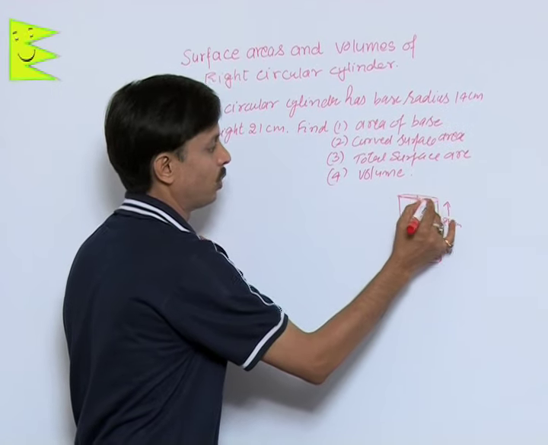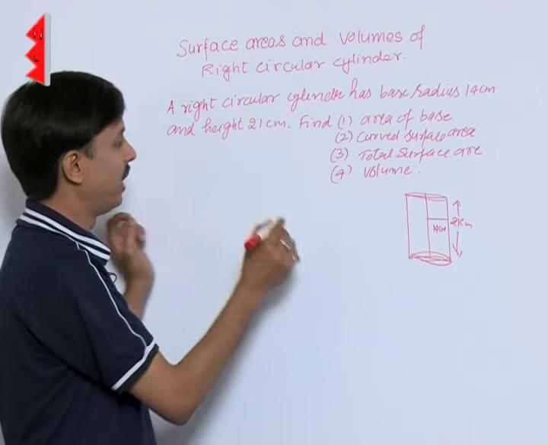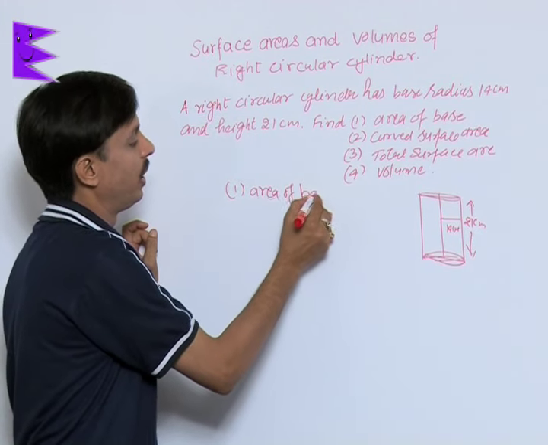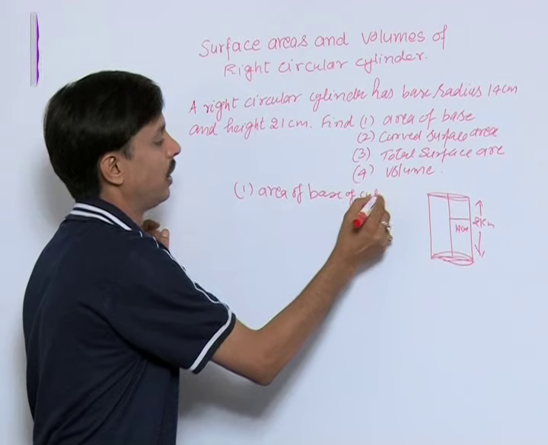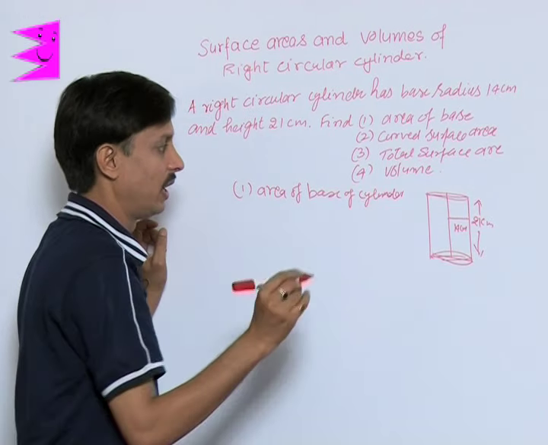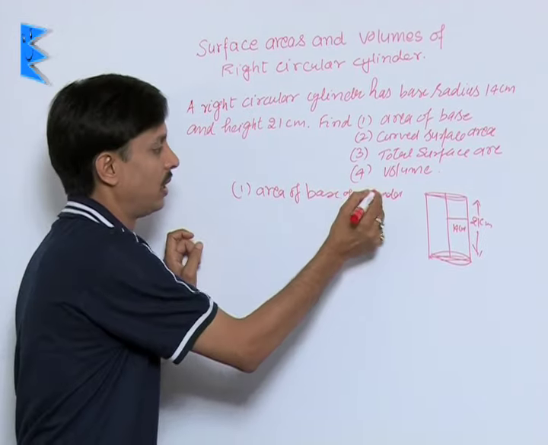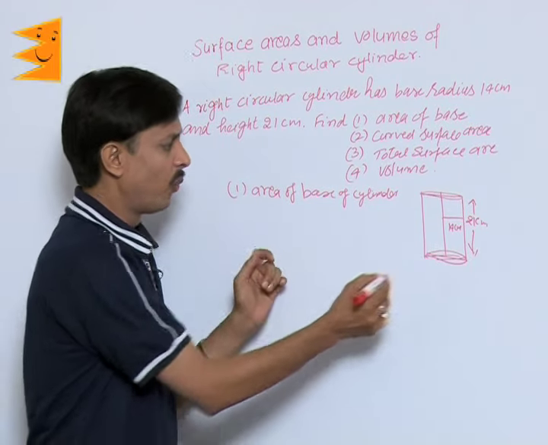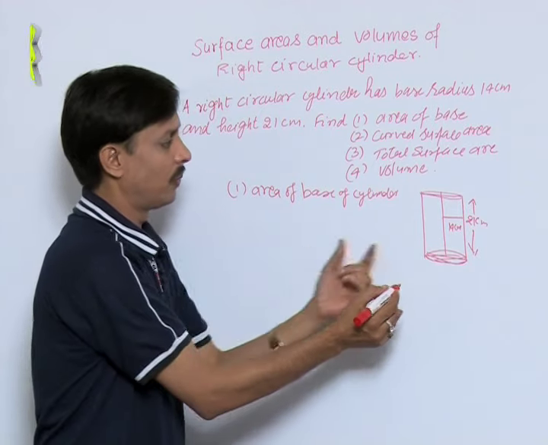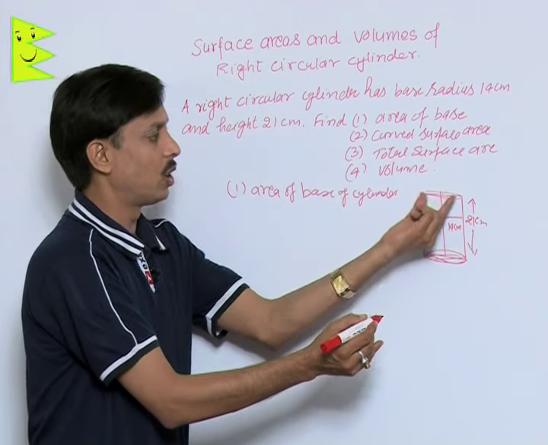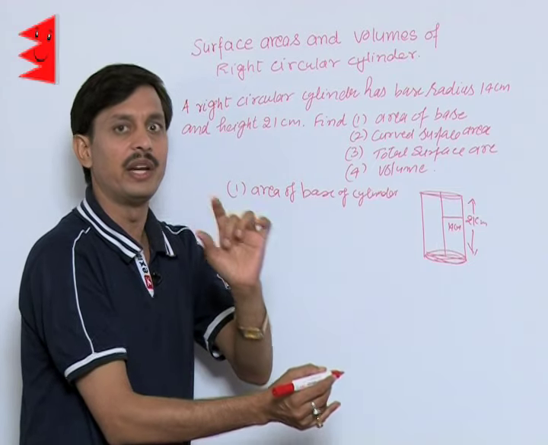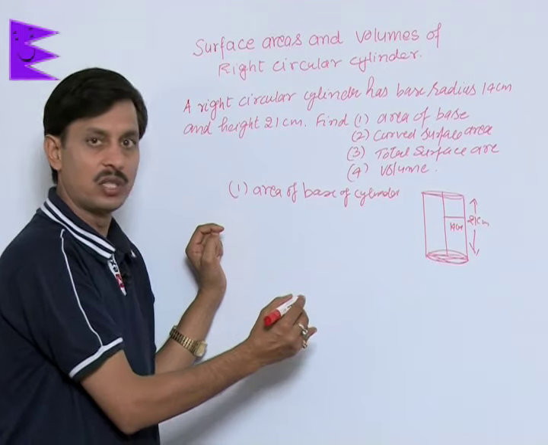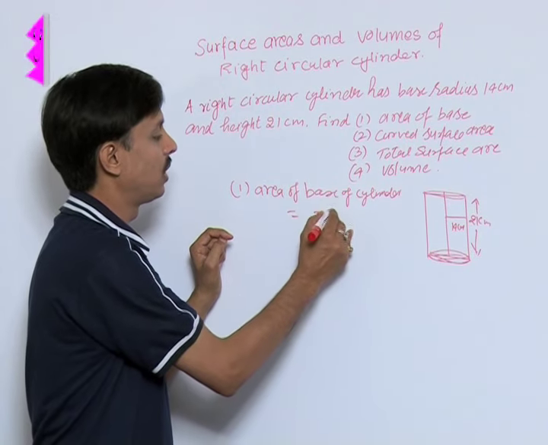The first thing we want to calculate is area of base. So first, area of base of cylinder. Wherever I am writing cylinder, you must understand it is a right circular cylinder. You know very well that the base and top of the right circular cylinder are two identical circles. So finding area of base of the right circular cylinder means finding area of circle,